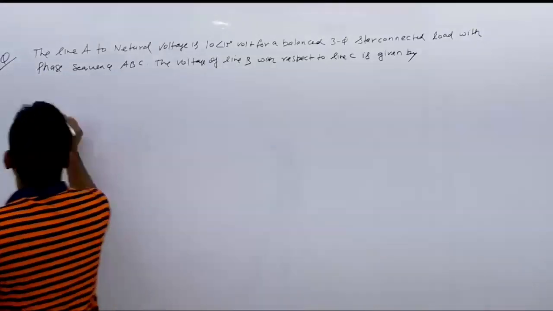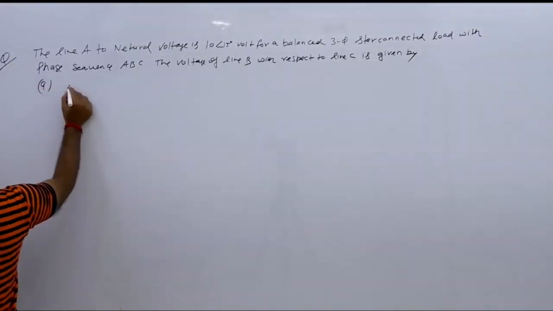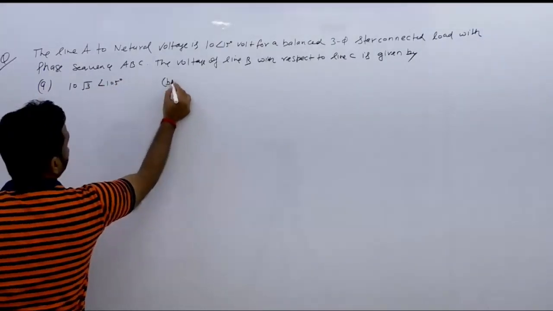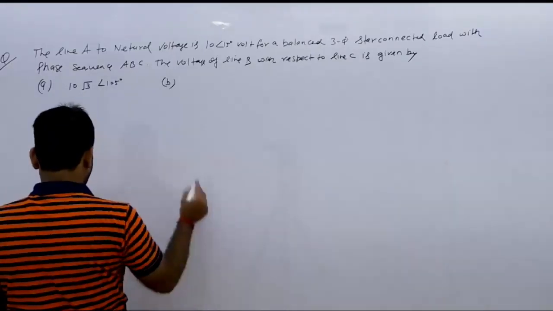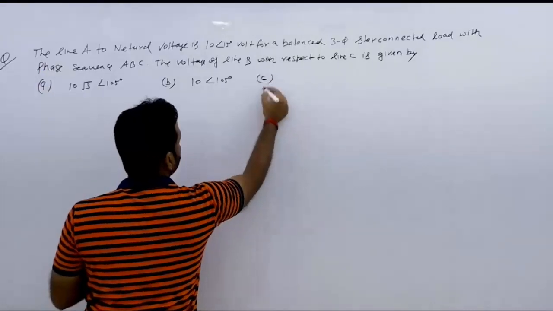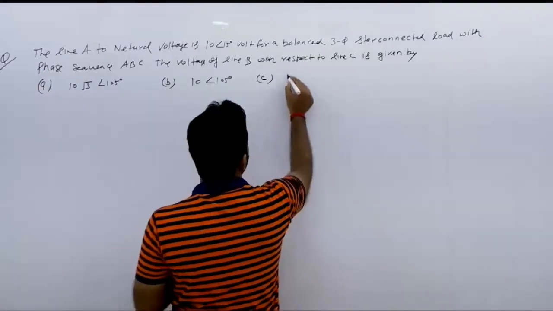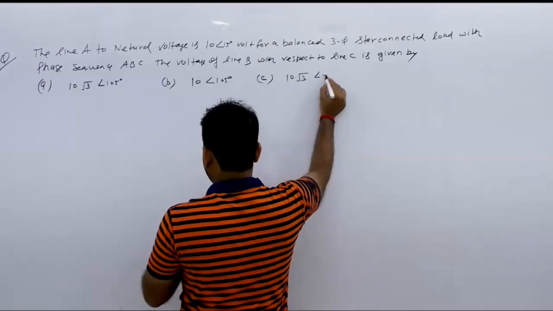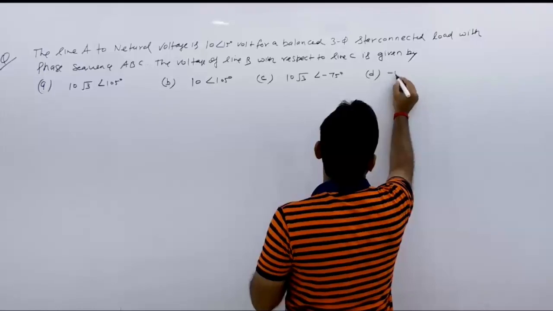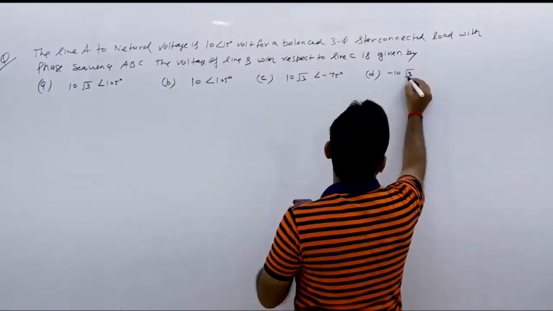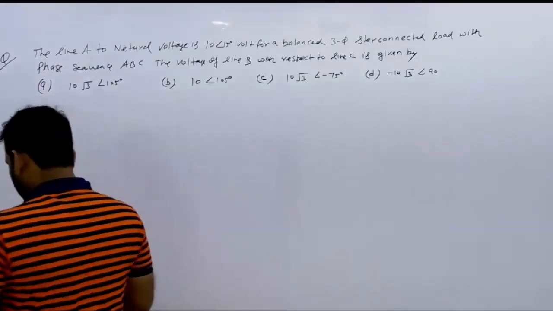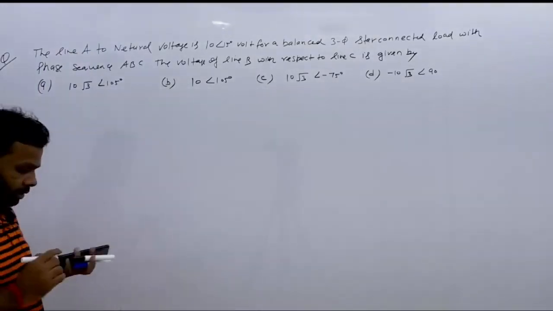Now option A. पहला ऑप्शन जो है हमारा 10√3 एंगल 105 डिग्री. बी ऑप्शन जो है हमारा 10 एंगल 105 डिग्री और सी ऑप्शन जो है हमारा 10√3 -75 डिग्री एंड द लास्ट ऑप्शन इज -10√3 एंगल 90 डिग्री. ये रहे हमारे ऑप्शन. ठीक है यहां तक. सो देखते हैं क्या इसका आंसर होता है